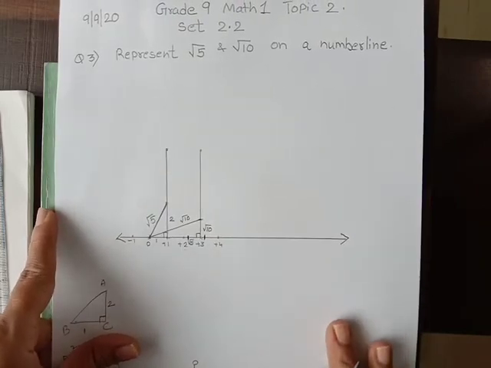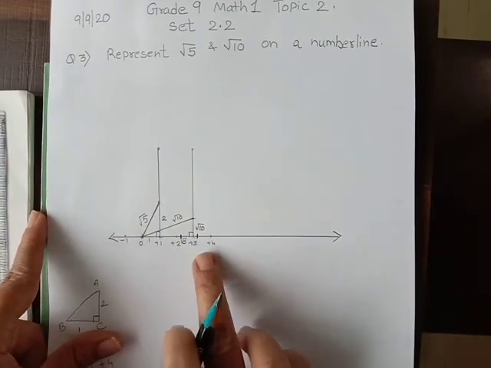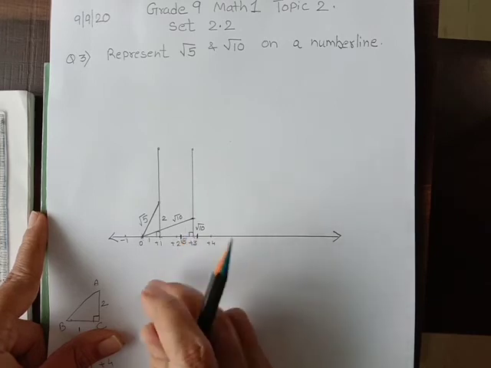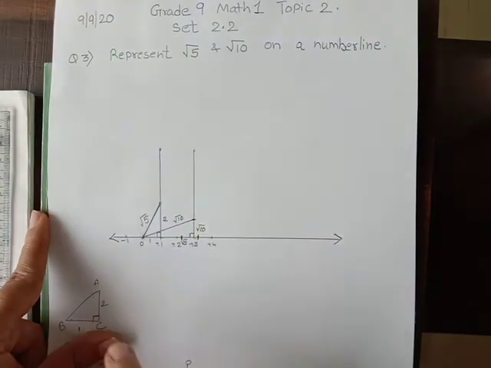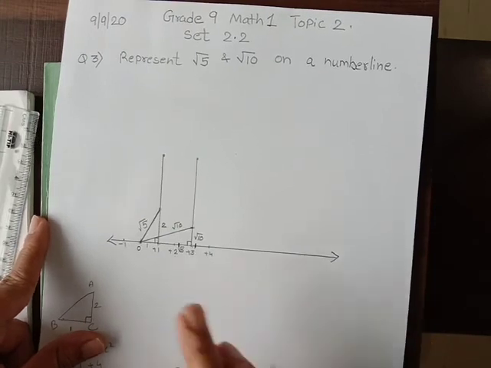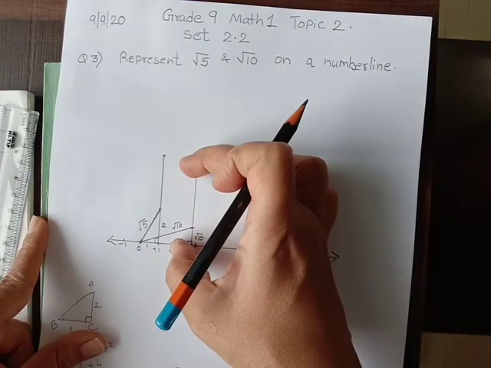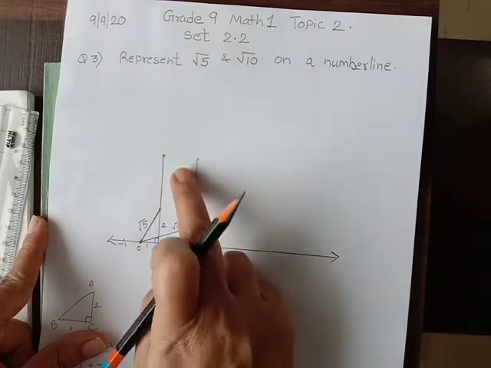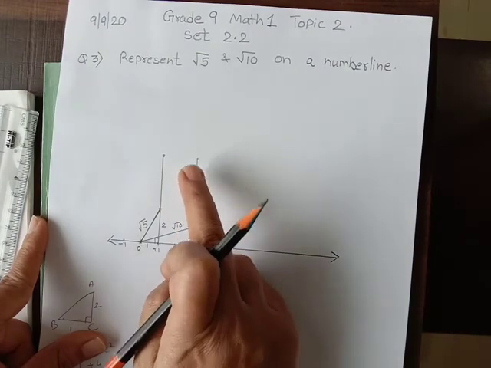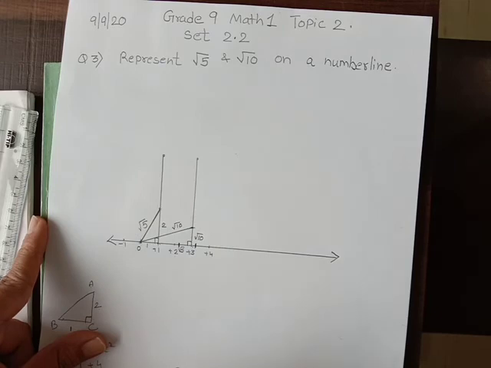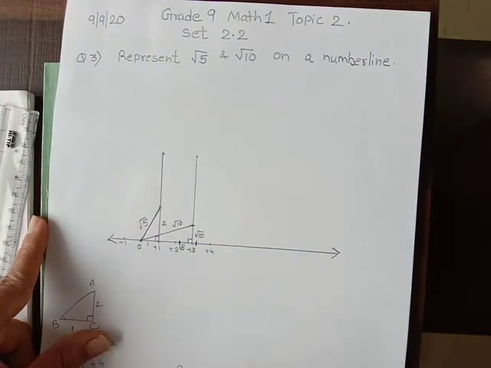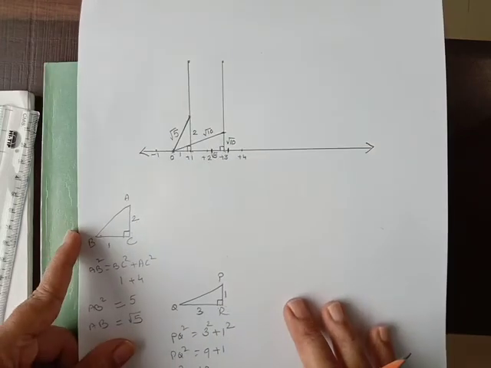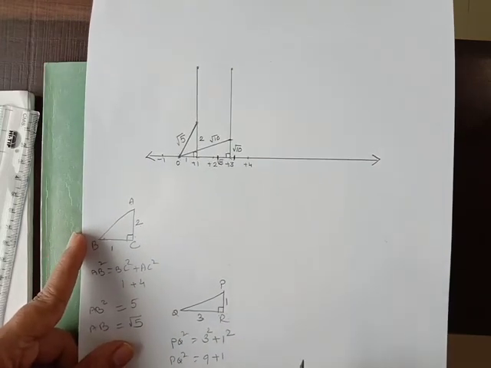Okay. So there are different methods of drawing this. From root 5 also you can draw root 10 again. What you do is, from root 5 you draw one perpendicular line, and then again take the root 5 distance over here. Root 5 squared will be 5, root 5 squared again will be 5, and then you will get root 10 automatically. Measure that distance. That means it all depends on what type of right angle triangle you are drawing. So there are different possible ways.